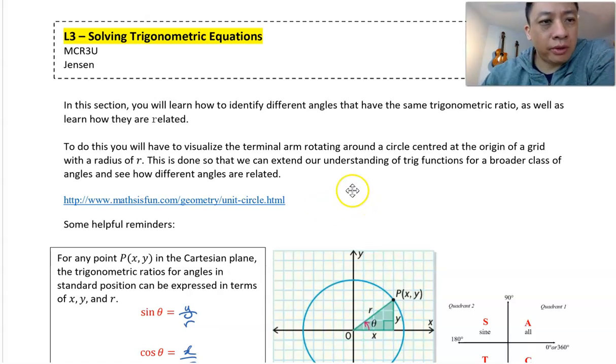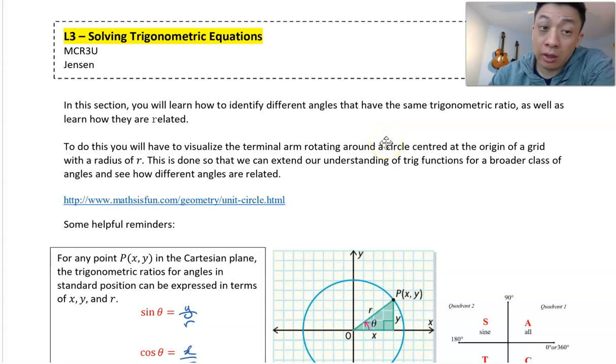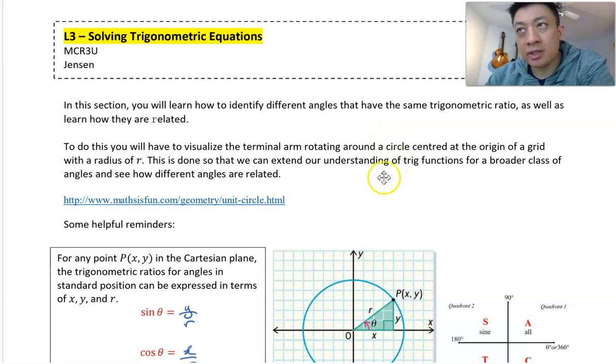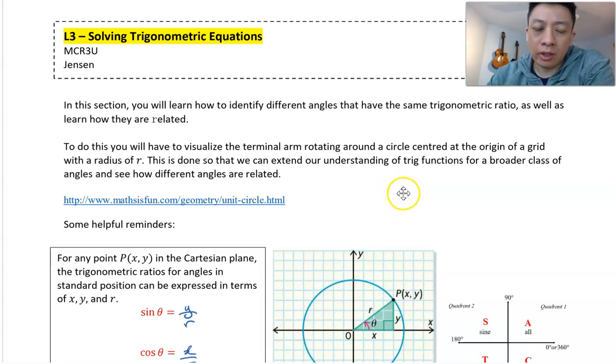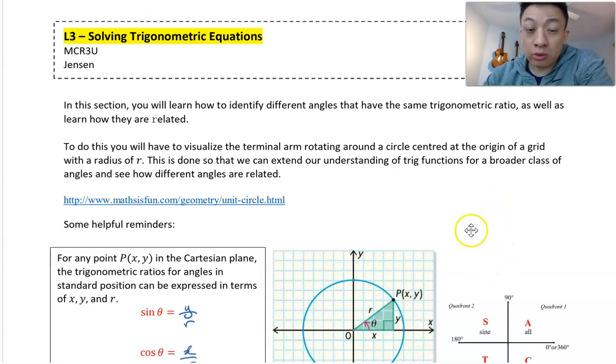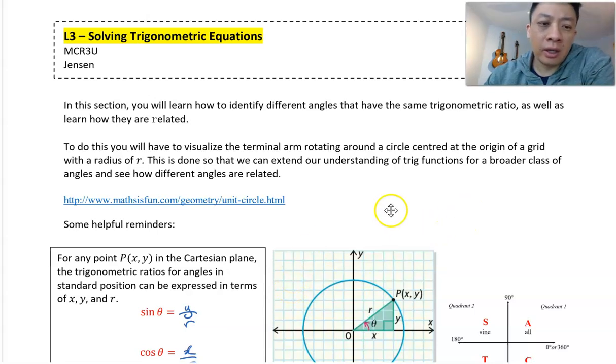All right, boys and girls, this is solving trigonometric equations. This is the lesson that we do after looking at trig ratios for angles larger than 90 degrees. So by now you should be familiar with your trig ratios, the special triangles, and things like primary arm, terminal